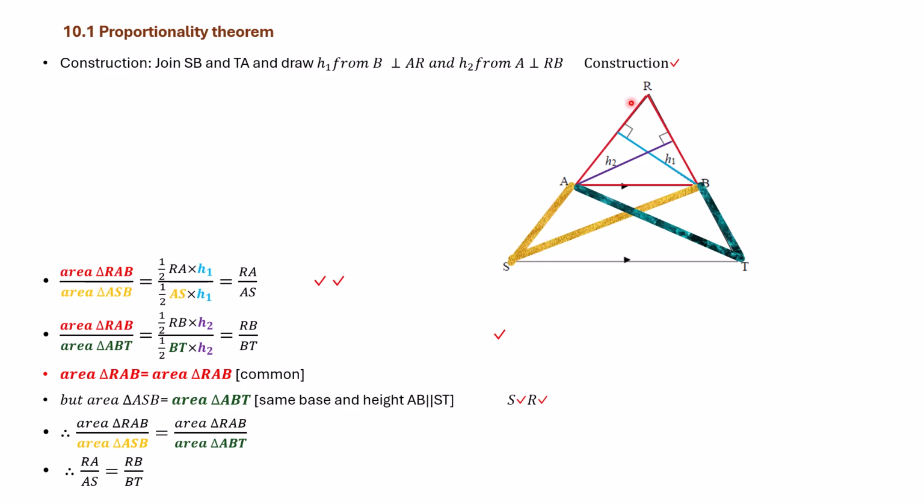The objective is we want the portions of line on the same side of the triangle. So if I'm using RA, I want AS. My base is AS, and again you see that triangle there. It's not a 90, but the perpendicular height is the same, H1. So half AS times H1, which then H1 and H1 cancel, half and half cancel, and I'm left with